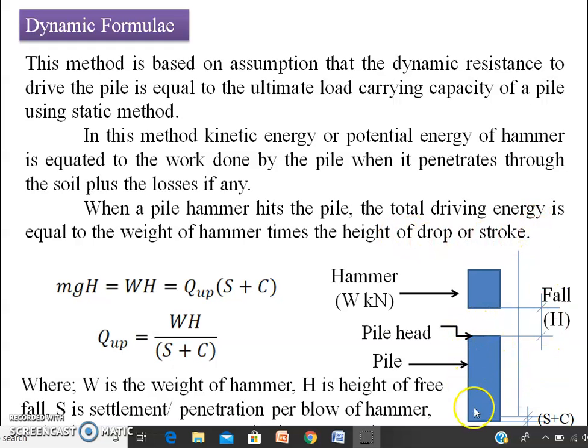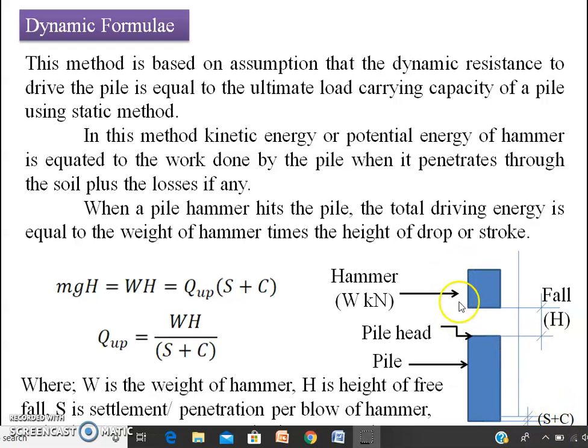Let us consider here, this is a pile which has been driven into the ground with the help of this hammer. So here the hammer will strike the pile head under a free fall height. So here what will happen? There will be a potential energy which is going to be imparted. If I am going to use a mechanical machine or something, then there will be a chance of kinetic energy to be developed here for repetitive hammering over the pile. So what will happen? This pile will get driven systematically into the ground. Suppose initially it was above the ground, at full length. When a hammer strikes, it penetrates into the ground, and there is a certain settlement and a certain elastic compression of the soil. So this will be stored as a delta.